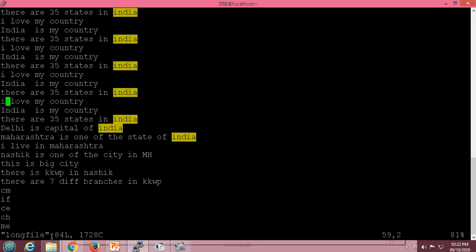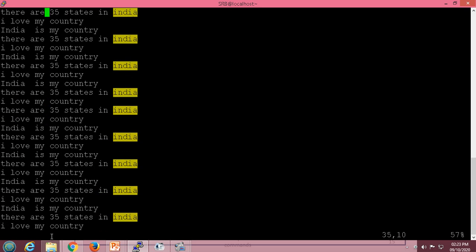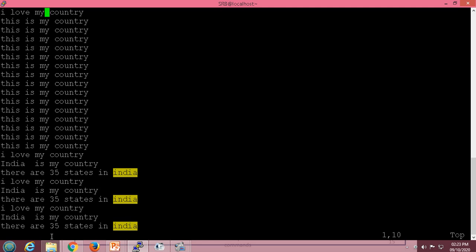Okay. Now here is my cursor. This file is there, and suppose I want to move within this particular file. I will use the cursor moving commands. For that I will first come into command mode. I will press escape, and to move up I will press K. So with this it is going in the up direction.